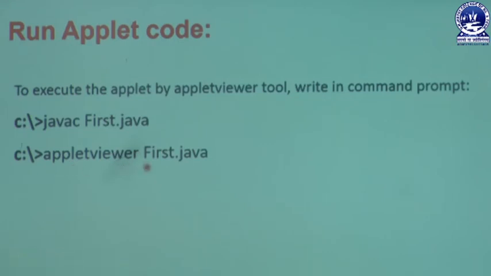With the help of that tool, the user must write appletviewer Fast.java. That means whenever your Fast.java is compiled, it creates a class file, but we never write Fast.class here. We write Fast.java with the help of that appletviewer tool. Whenever the user writes appletviewer Fast.java, it can display a specific type of result on that